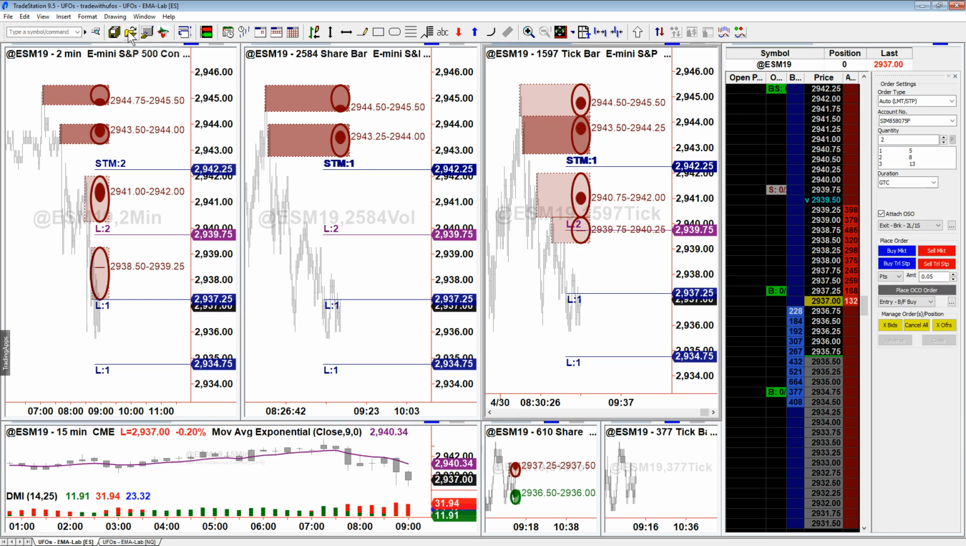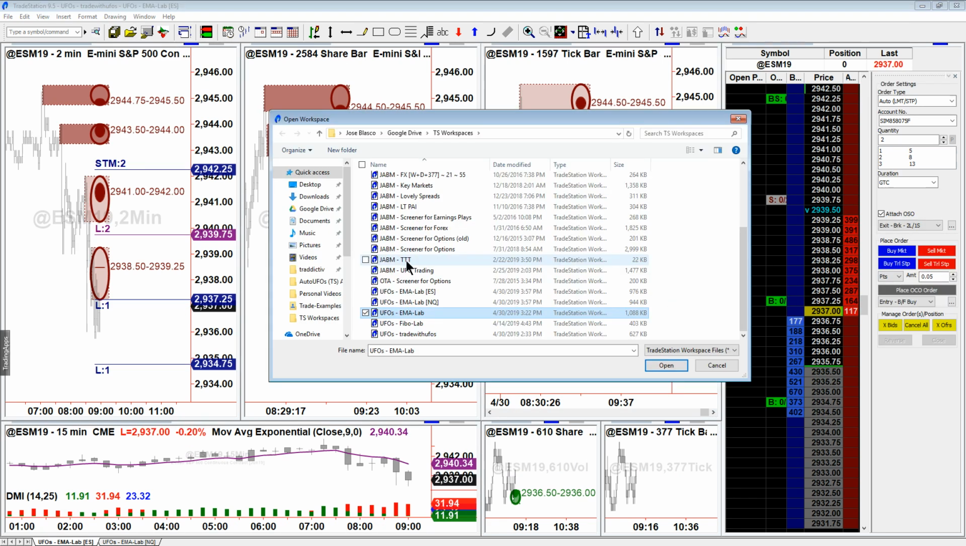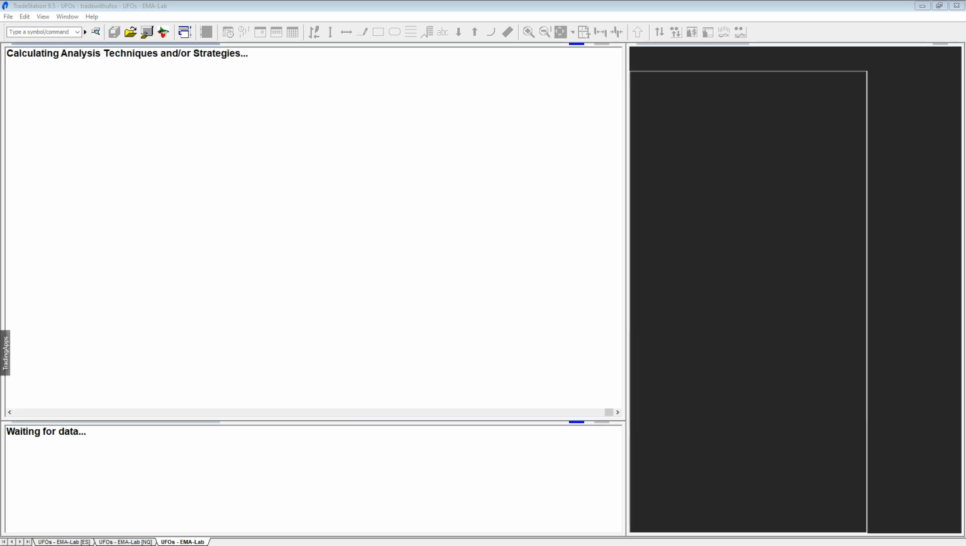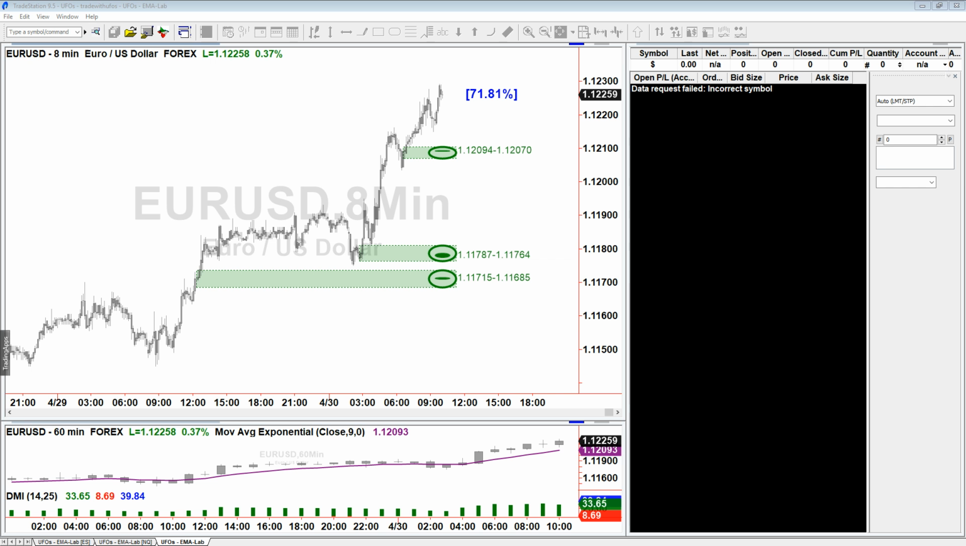So in the meantime, I would like to re-up back to my UFO EMA. Royce, if you got a freeze on TradeStation, you should reduce the amount of candles per chart. Okay, and this should work. This should work for you. Okay. So next one,